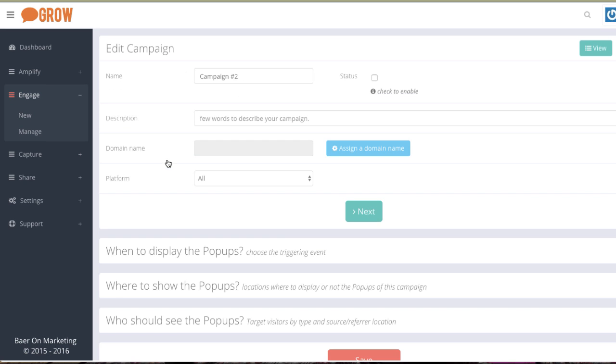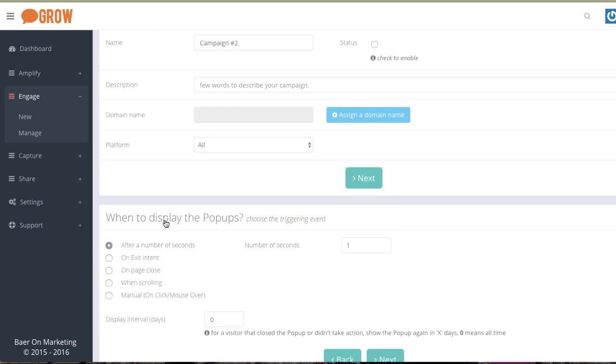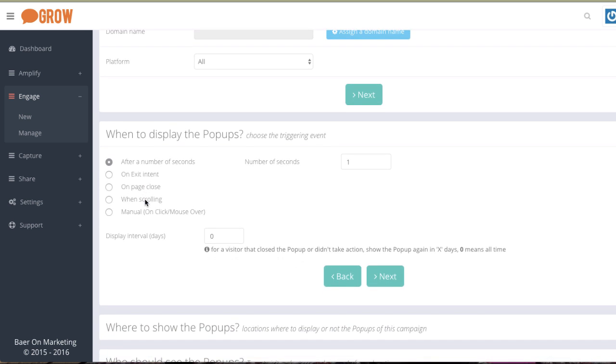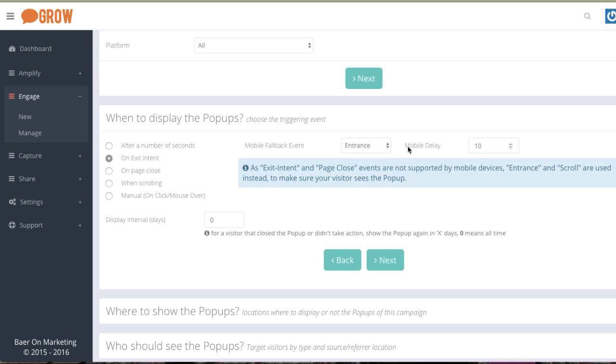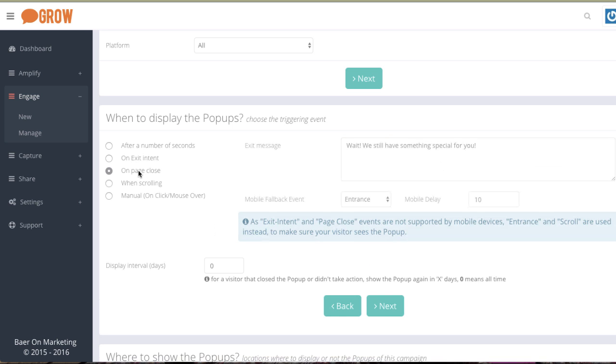And let's close this. Okay, so now this is a pop-up, and in addition to the options we had in the previous one, we now have the option of when to display the pop-up. So after a certain number of seconds, or on exit intent, right? If somebody is planning to leave the screen, it'll show up. Now on mobile devices, this is important to know: there is no such thing as an exit intent on a mobile device, and so there's a fallback. You can either have it on scroll or a certain amount of time after somebody gets to the page. Or on page close,